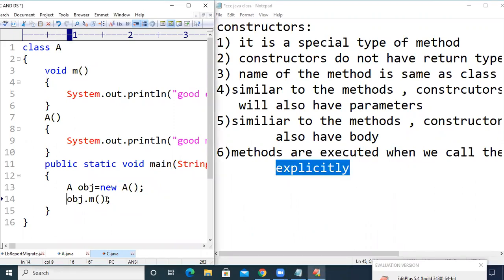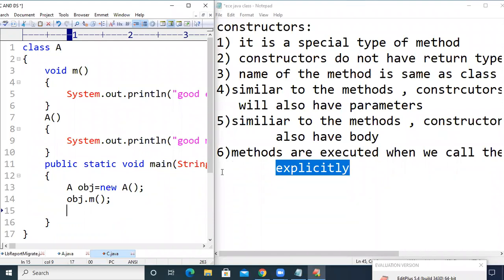When we don't write this statement, the method will never get executed, right? If we want to execute the method any number of times, we can do so by calling the statement again and again. If I want to execute this method 3 times, I can call it 3 times: obj.m, obj.m, and obj.m. And this point we can discuss later.